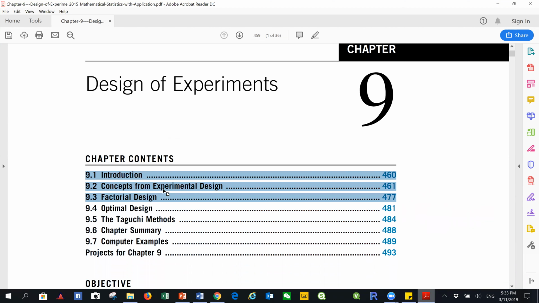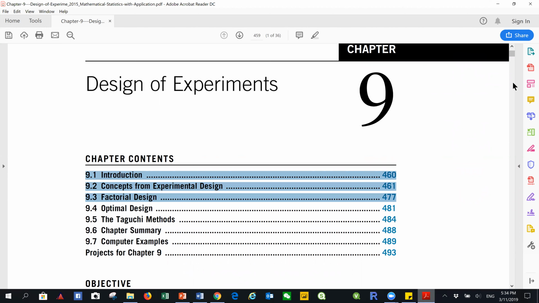We don't have time to get into the advanced topics. We'll just cover the foundational sections and material, including the introduction, and then concepts from experimental design and factorial design. Okay,